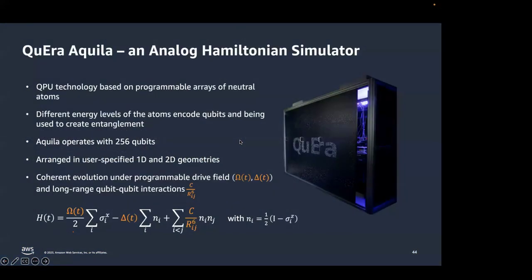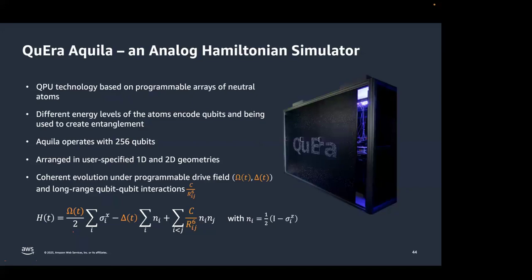So this device Aquila is an analog Hamiltonian simulator, which is different from the gate-based devices. It's a QPU technology based on neutral atoms that you can program in any 1D or 2D geometry. The Aquila device has 256 qubits, and these qubits are basically 2 energy levels, the ground and excited state of a neutral atom, right?